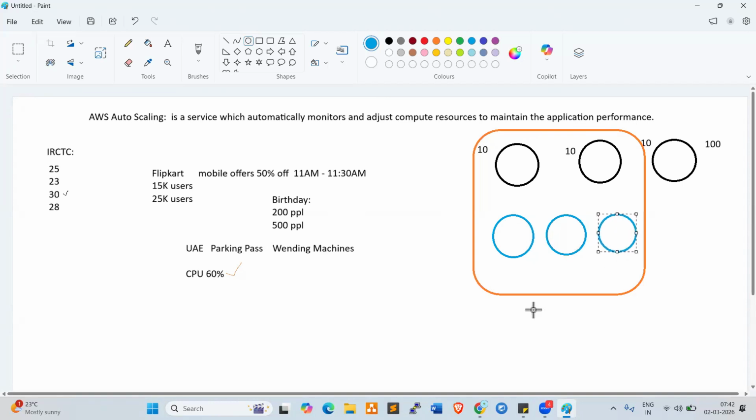Right? So this service will be added to maintain the load balancing. Whenever CPU utilization is less than 40%, what will happen? Whatever servers were additionally added here will be removed automatically. So what does server auto scaling do? It will add servers and remove servers